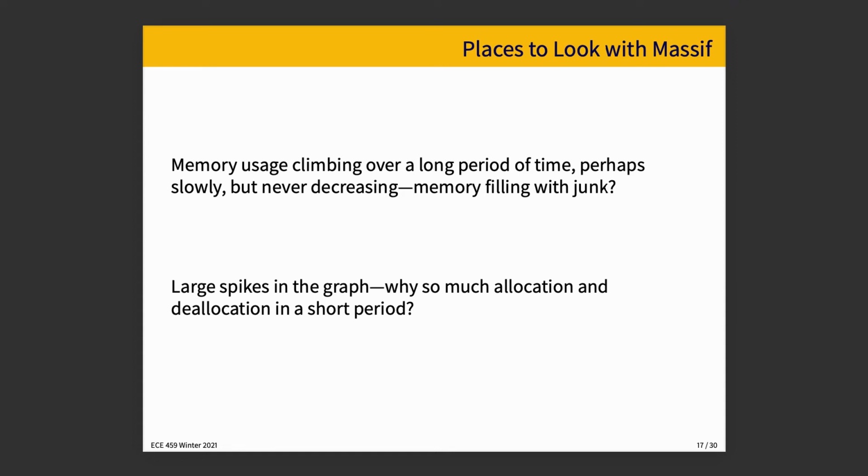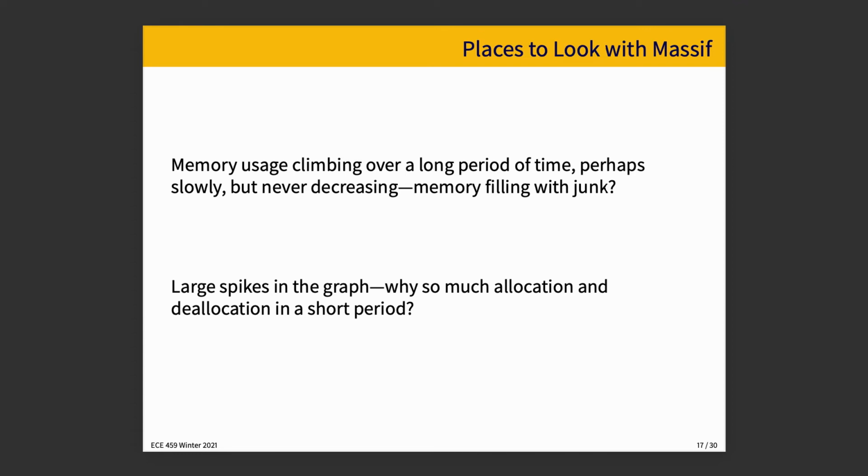You are remembering things for some reason, and it can be fine to remember some information. It might be very helpful in terms of keeping track of recently used items. But if you are never taking anything out of that collection, you are possibly just wasting a lot of space because you are filling up memory with junk